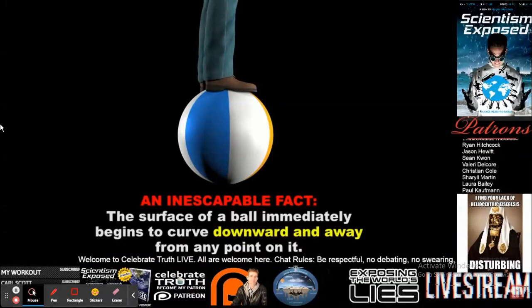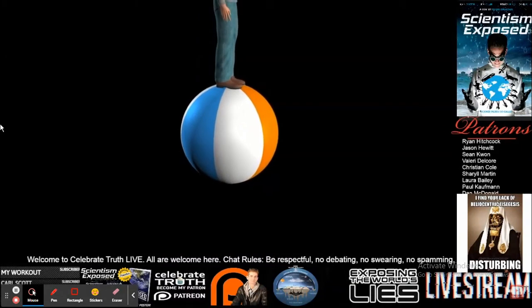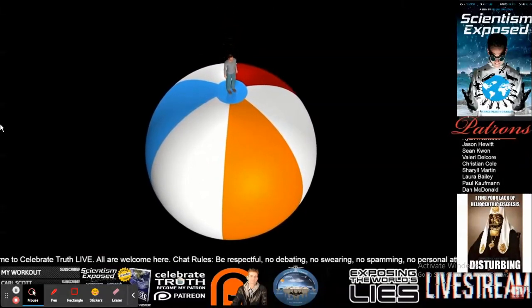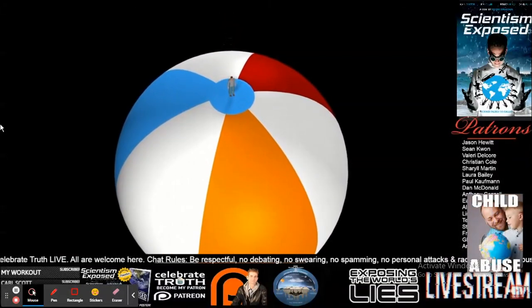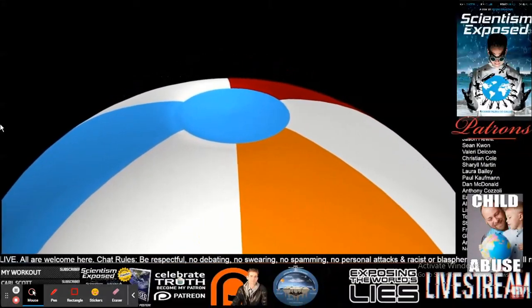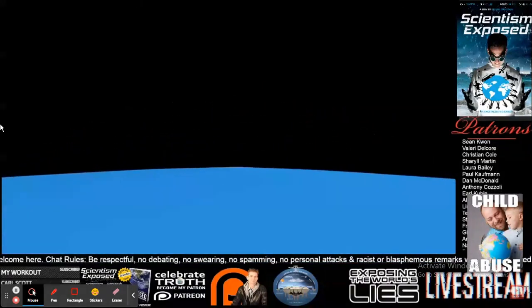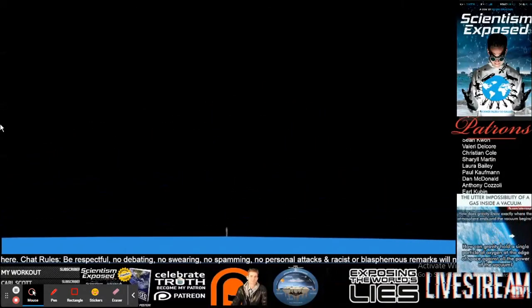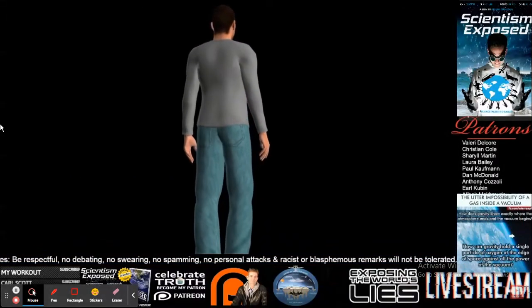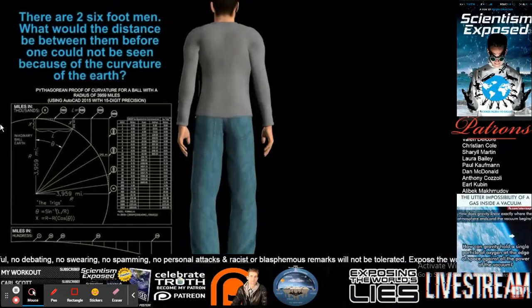And it doesn't matter how big the person is, nor does it matter how big the ball is. But let's go ahead and shrink PJ and enlarge the ball for the sake of example here. Now, notice the lines are still curving downward and away in all directions, even though he's getting smaller and the ball is getting bigger. This never changes with scale. Okay, now let's zoom into tiny PJ on the massive ball here and consider the curvature word problem that was brought up by this individual serving in Iraq.